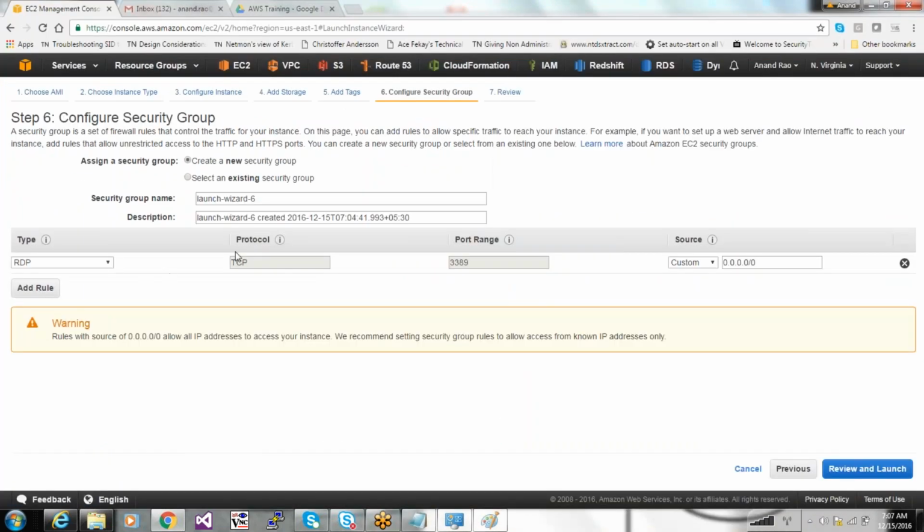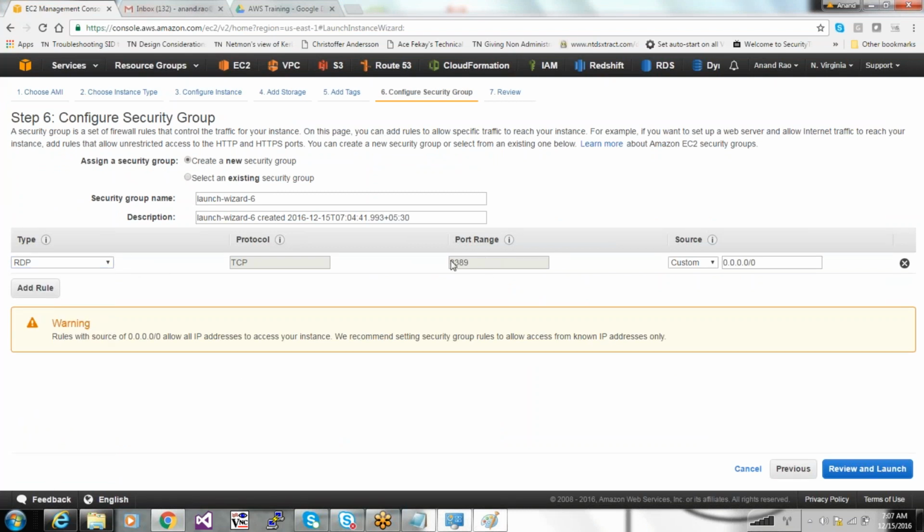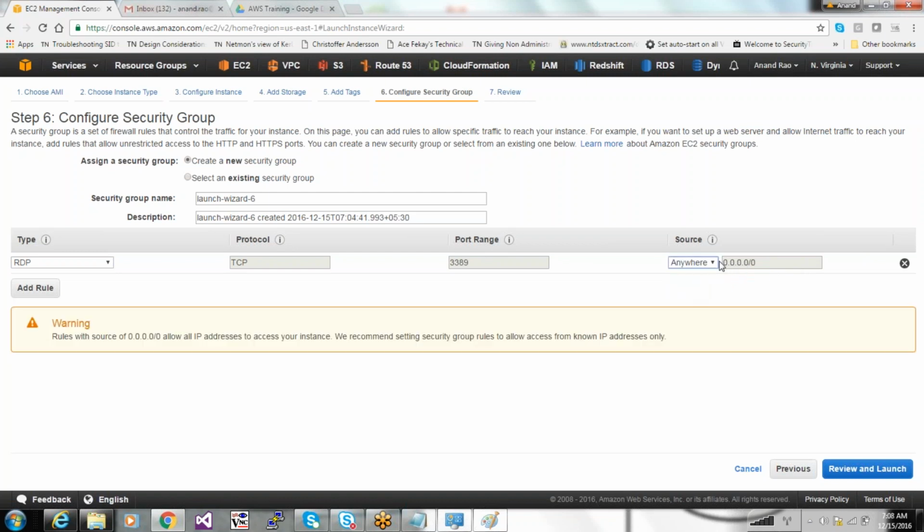In this case, I want to allow RDP, and it picked up 3389 automatically. Here it is giving you an option whether you want to access it from my IP only, which is my public IP, so you will not be able to access it from anywhere else, or from anywhere. 0.0.0.0/0 is anywhere, the whole internet, the whole world.